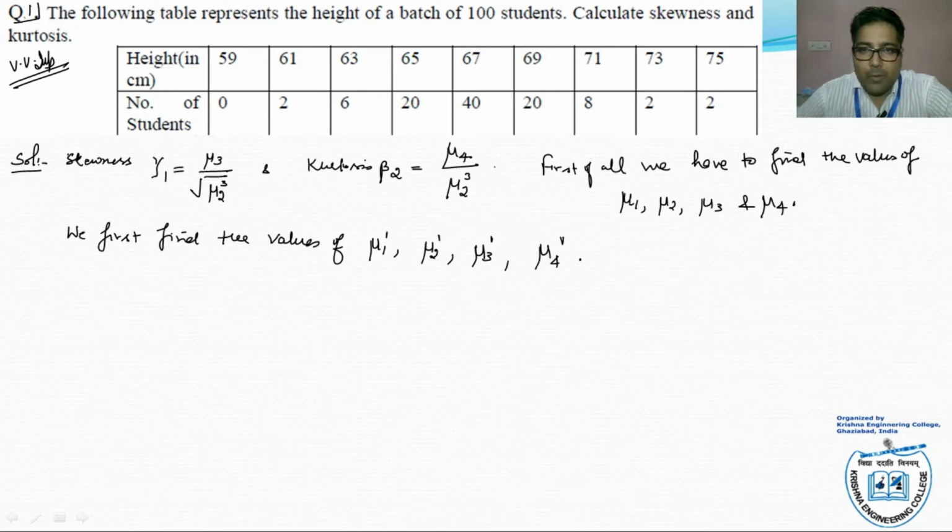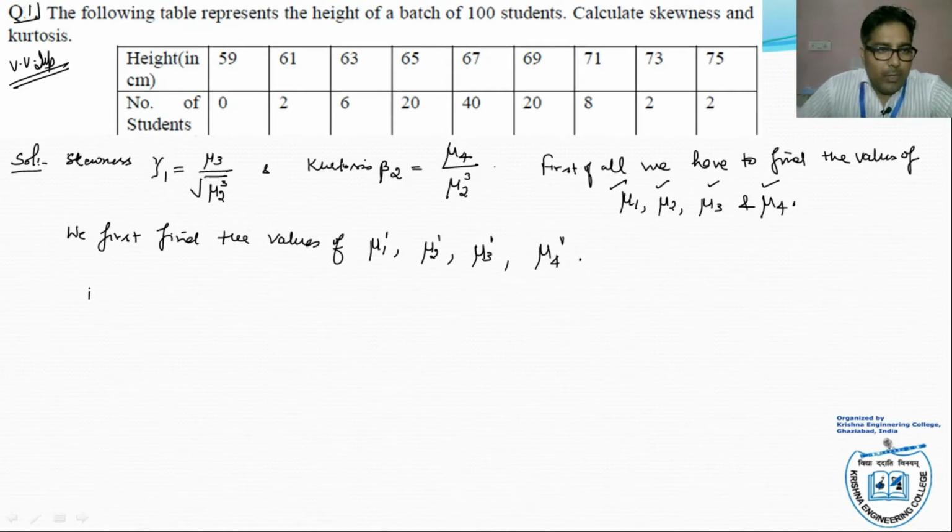We find the value of mu 1, mu 2, mu 3, mu 4. After getting the value of mu 1, mu 2, mu 3, mu 4, we can easily find the value of gamma 1 and the value of beta 2. Clear? So, we have the formula